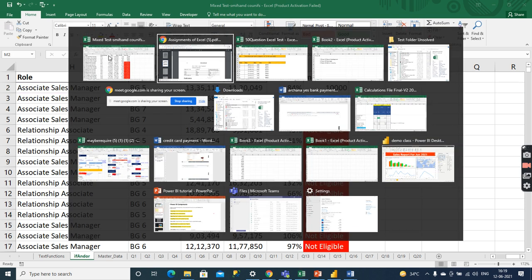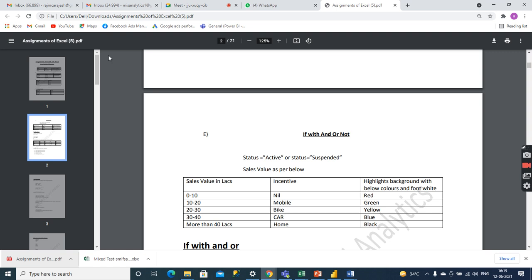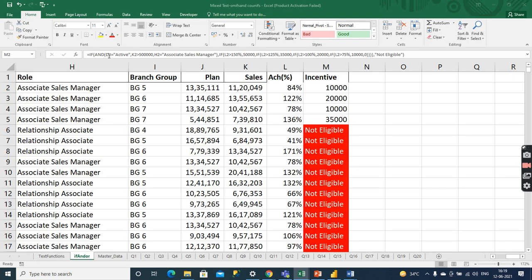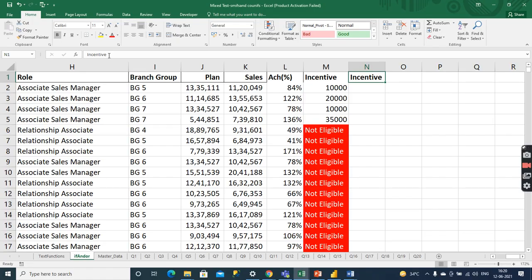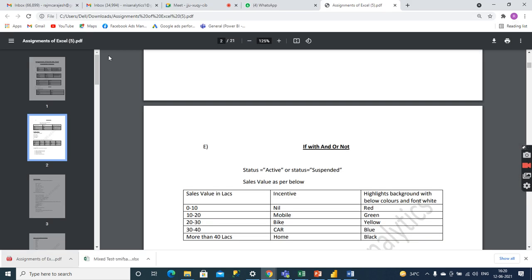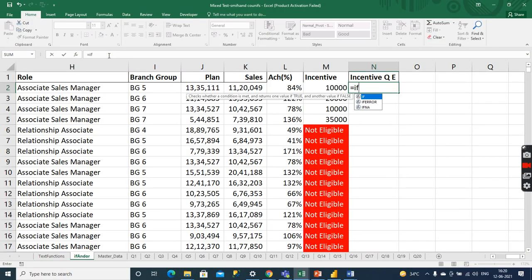Everyone can try question number E on your data, and I hope everyone is connected through a laptop.